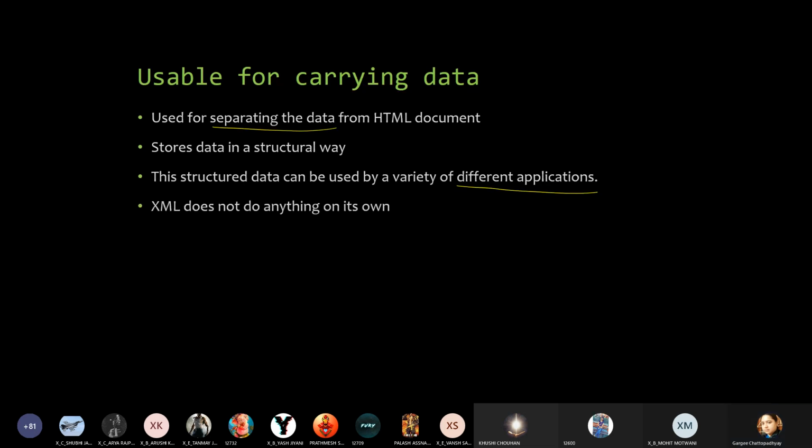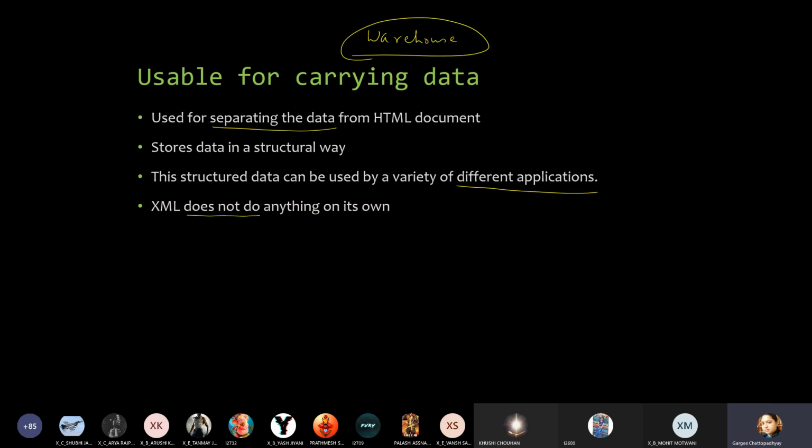Okay. XML does not do anything on its own. You will find that, we have made this XML document, now what next? So let me tell you, it is just a storehouse, it's just a warehouse which stores data. It does nothing apart from this. It just stores the data, makes it portable, enables you to create a structured layout of data, and it identifies different data elements. That's all.